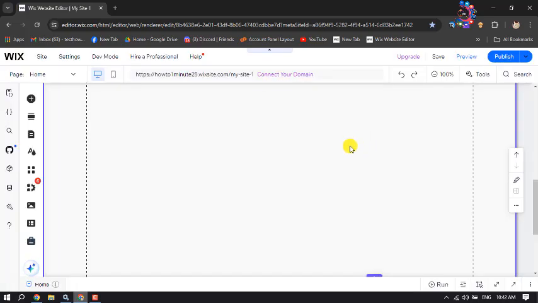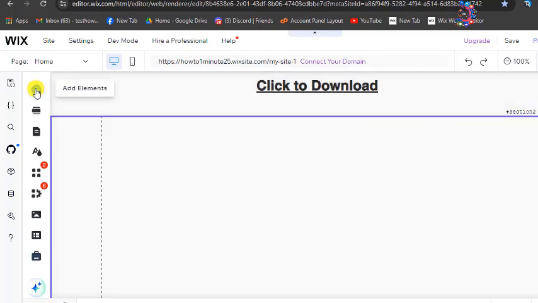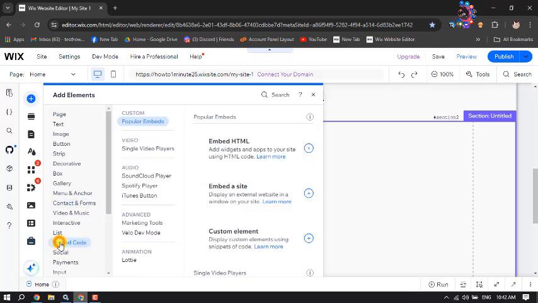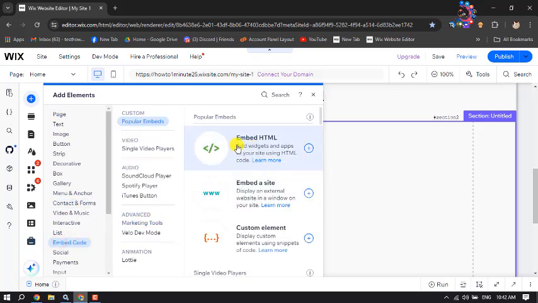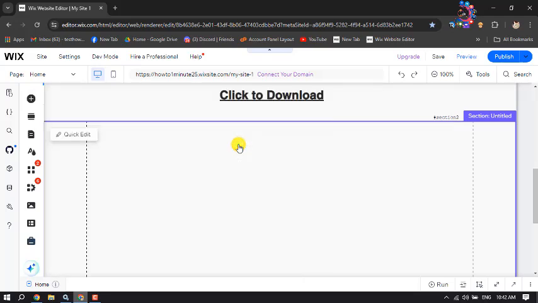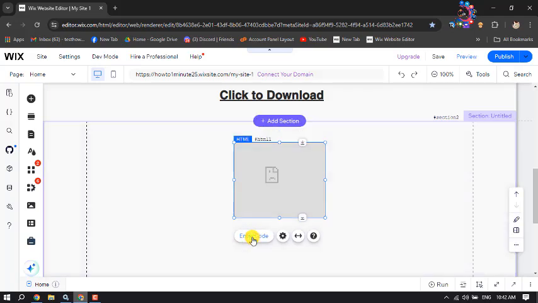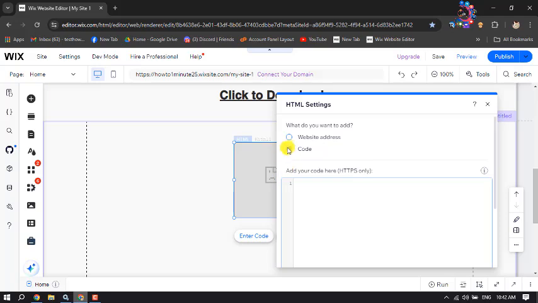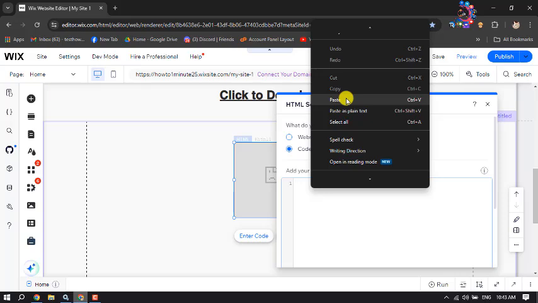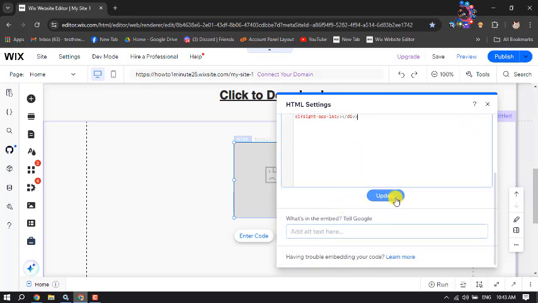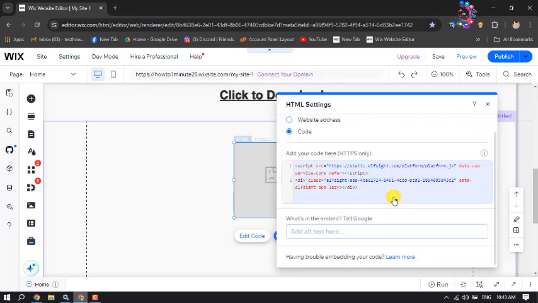Once you are in your Wix site editor, now just click on add elements, and here click on embed code, and add embed HTML, and then click on enter code, and here select code, and in this box paste the Elfsight number counter animation widget code that you just copied. Once done, scroll down and click on update, and close this window or pop-up,